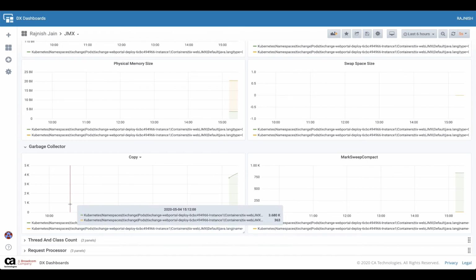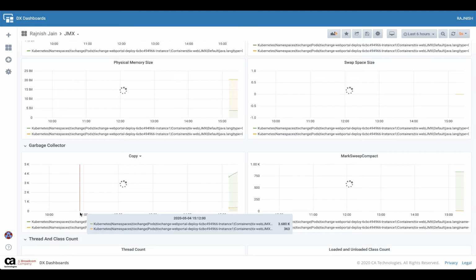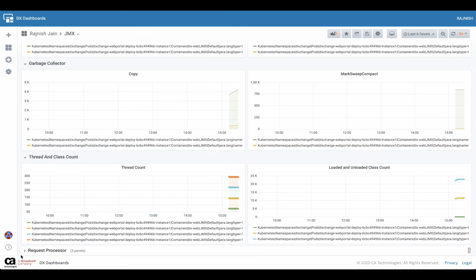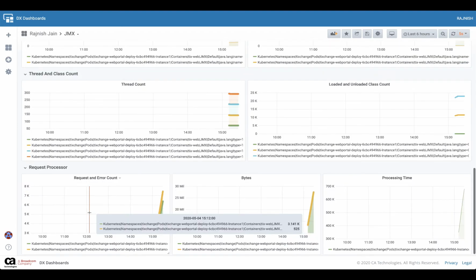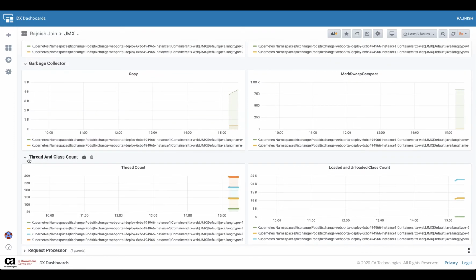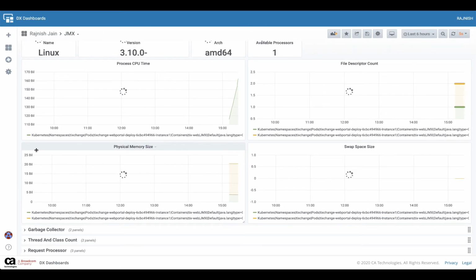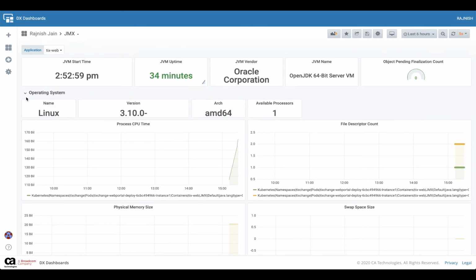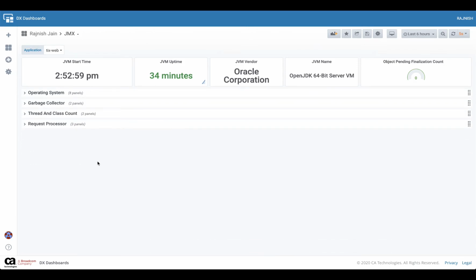I clubbed them into different rows, and they are the different metrics that are getting reported from my application. So you can come up with a similar dashboard or whatever design you like, but this is how it looks.